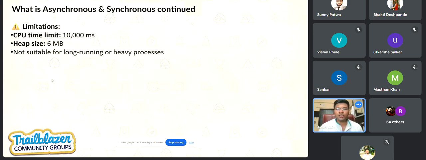If we are not able to get the response from the server within 10 seconds, it would give you a CPU timeout exception. So you have to be very cautious. If I'm doing anything synchronously, I need to be sure that within 10 seconds the response will be given by the server. And for synchronous operations, Salesforce only gives 6 MB of heap size. So considering these things, it's not advisable to go for any heavy lifting or long running operations in synchronous mode.